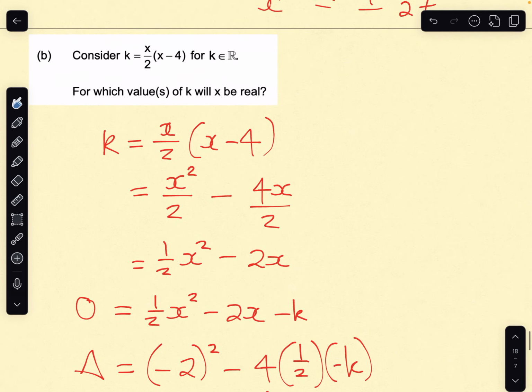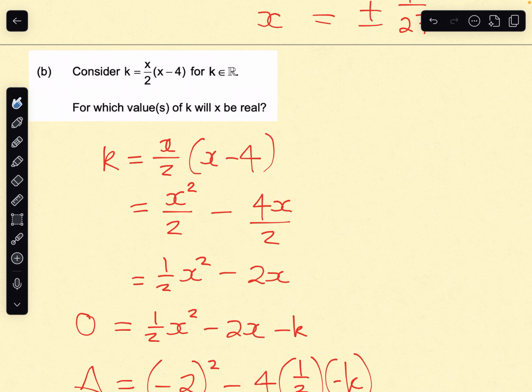I won't lie, when I first saw this question, I thought it was going to be a lot trickier than this, but I think the important bit was to identify that this is a nature of roots question. Yes, this equation looks weird, but deep down at its core, inside its heart, it is a quadratic equation. And how do we figure out whether the roots of a quadratic equation are real or non-real or blah blah? We use the discriminant. So right,